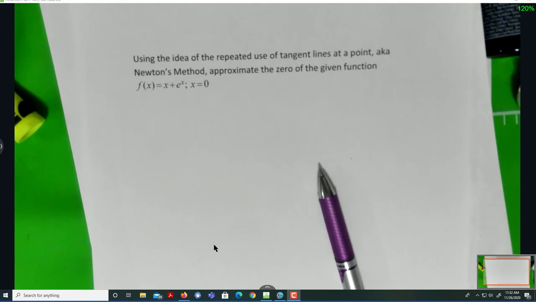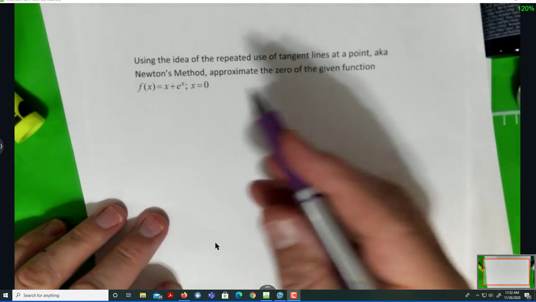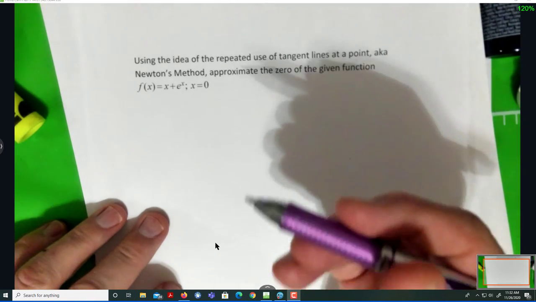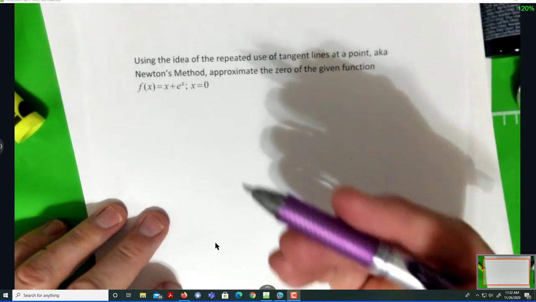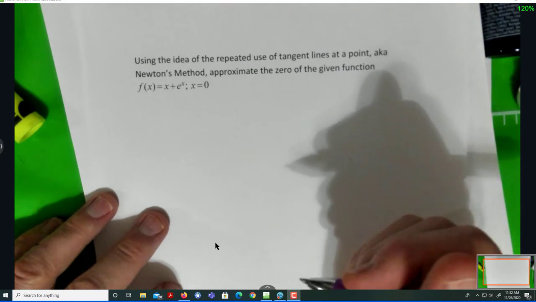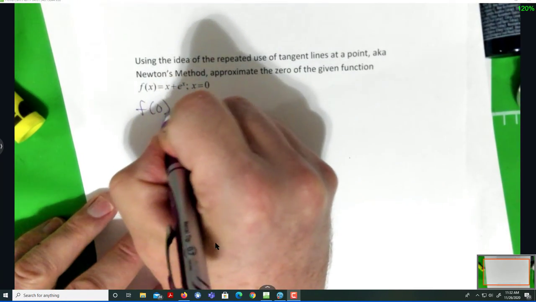Alright, a major application of tangent lines is what's called Newton's method. All Newton's method is going to do is you just keep writing the equation of a tangent line to approximate a zero to the required level of accuracy. For us, a zero in the third decimal place. So we start off with, since we're centering this at 0,